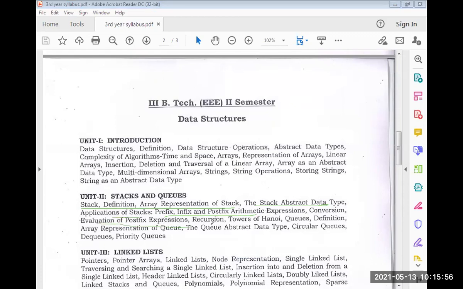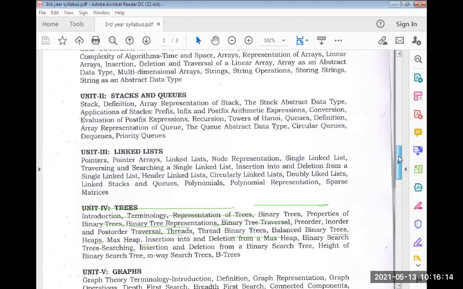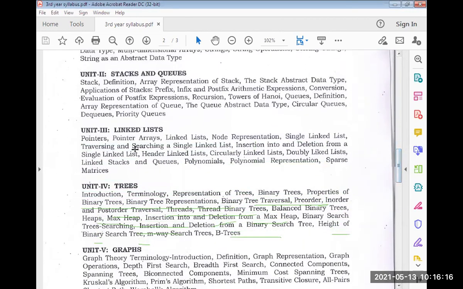Recursion also discussed, that is the Towers of Hanoi problem. Queue, array representation of queue as ADT, circular queue, double-ended queue, priority queue. So far we covered two units. Today we start our third unit, that is pointers. Then next we will discuss pointer arrays. Then we start the main topic, that is linked list.